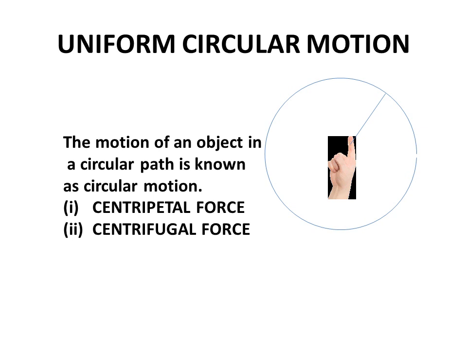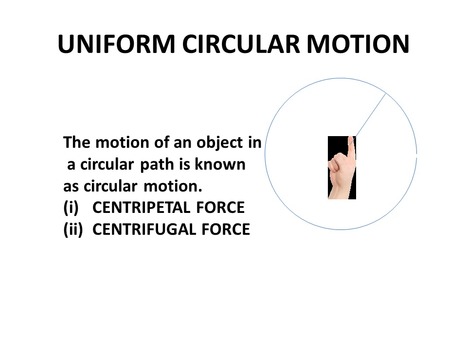Now rotate the stone holding the string. The stone will move in a circular path. The motion of the stone is called circular motion. Similarly, the motion of the moon around the earth is called circular motion. The definition of circular motion: the motion of an object in a circular path is known as circular motion.